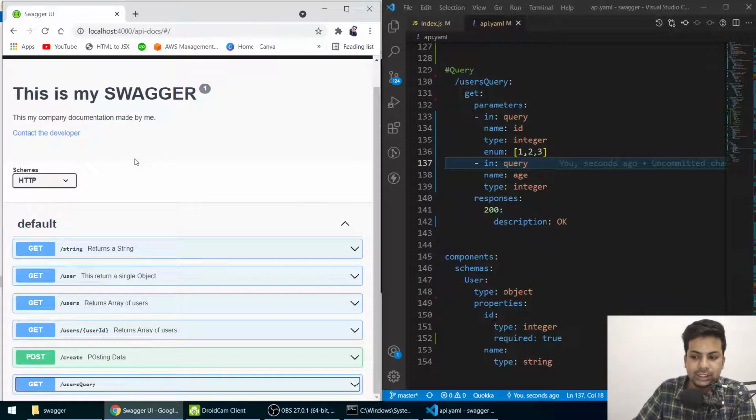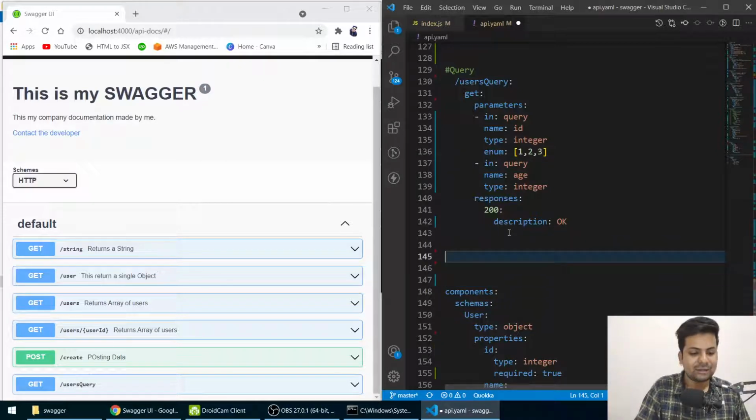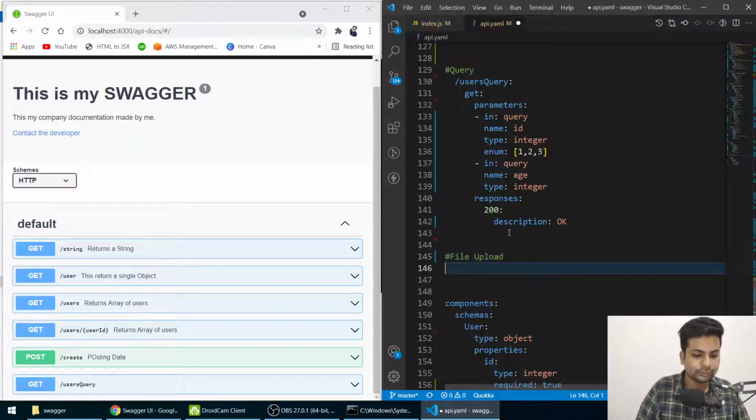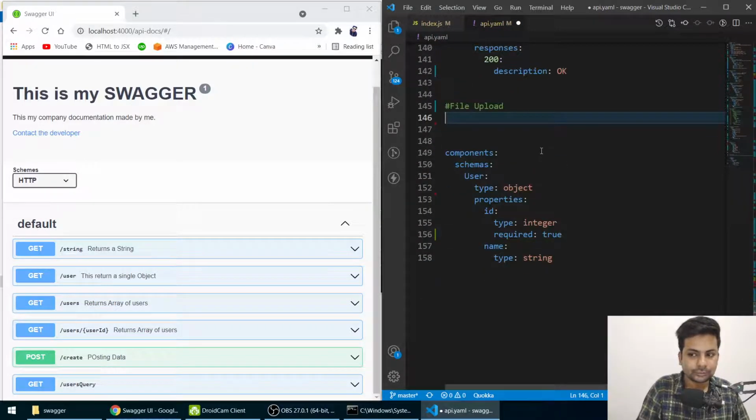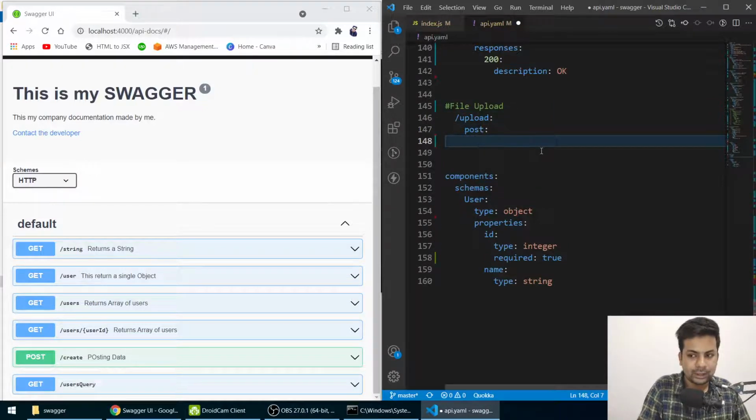And what else do we need? Suppose we want to upload a file. So we'll say file upload. It will be at /upload, and it will be a post obviously. Then we'll say summary and description, let it be, if you want to write it you can.